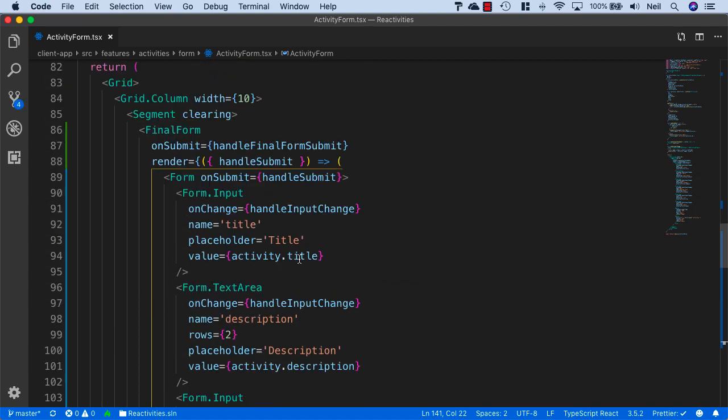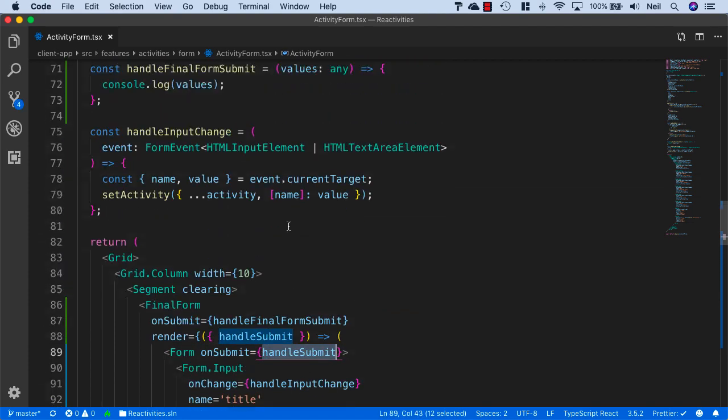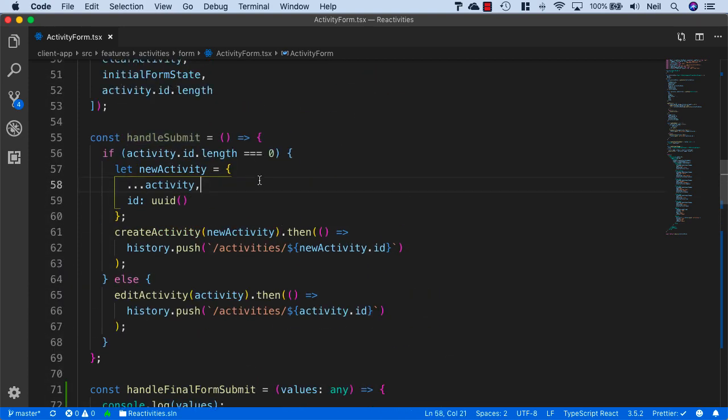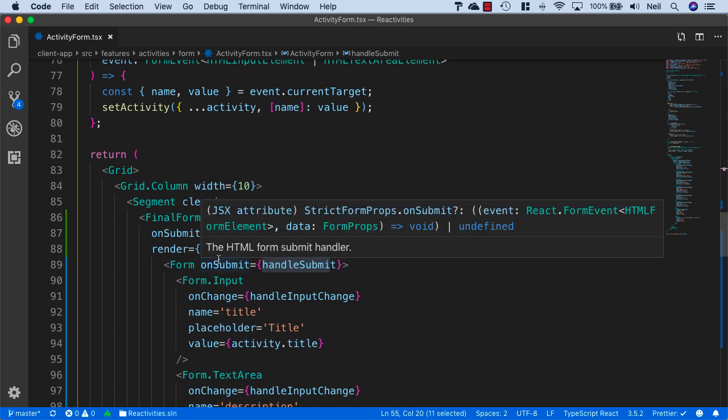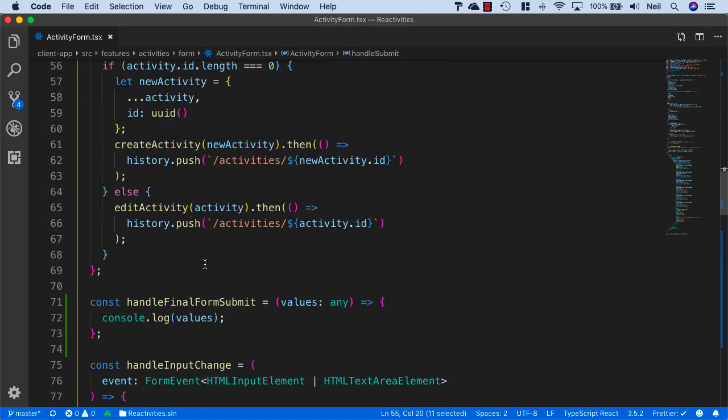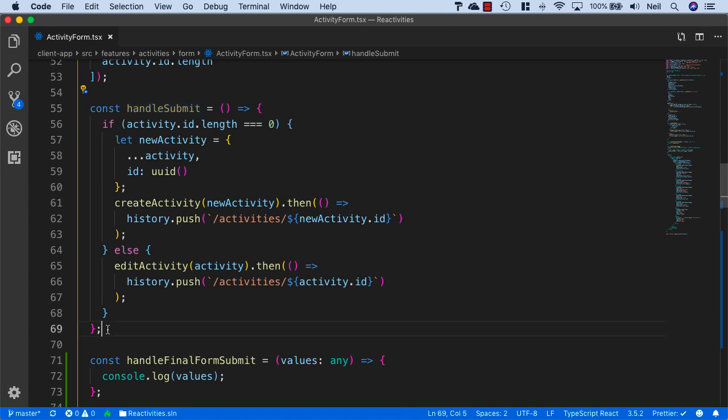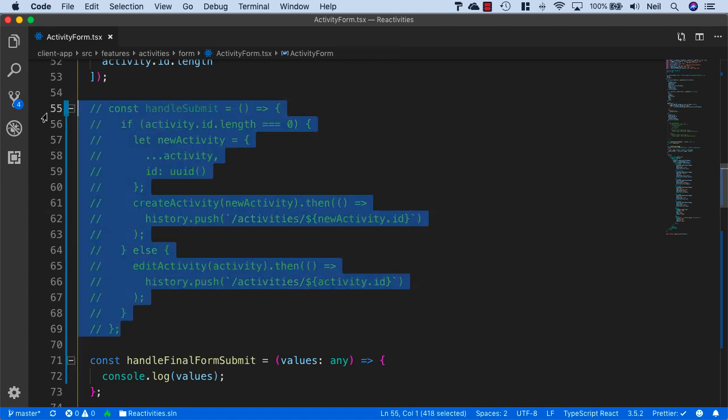the render. Now our handleSubmit, this was referring to the handleSubmit we're using here, and this is faded out now because it's no longer in use, because it's being overridden by the handleSubmit we're getting from our render. So what I'll do, just to be super clear on this, that we're not actually using this, I'm just going to comment this out,